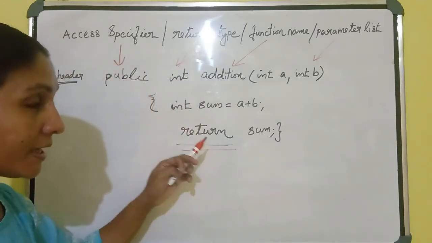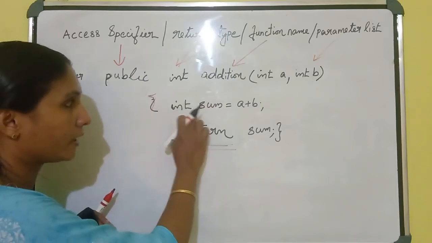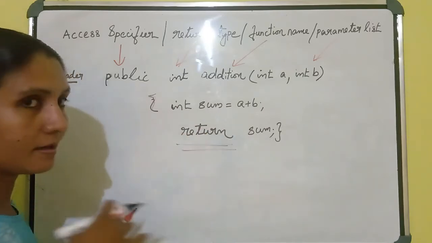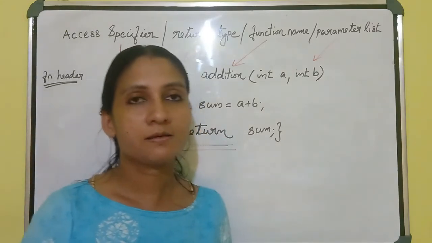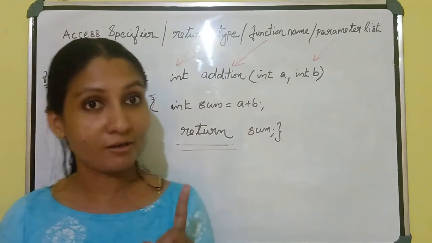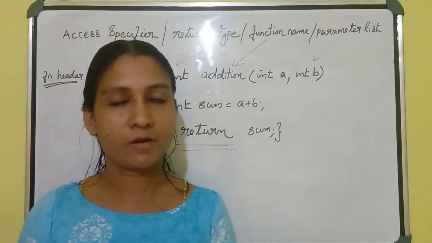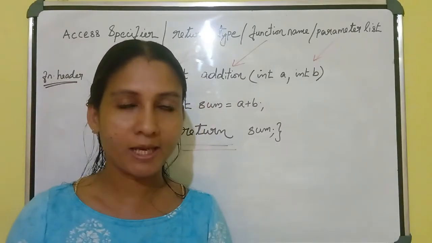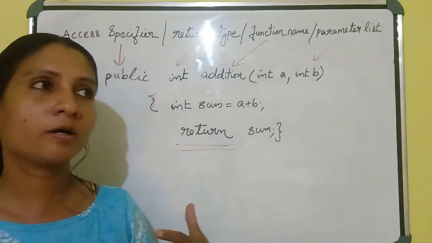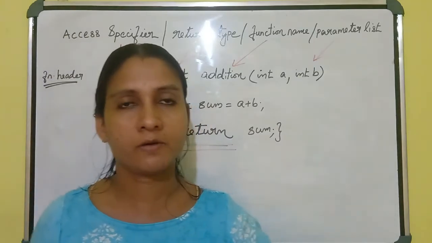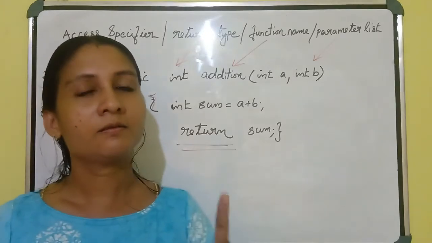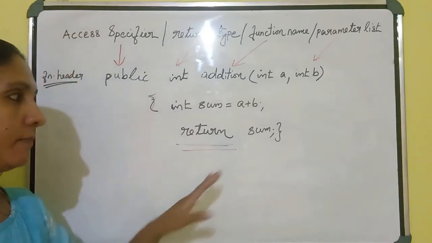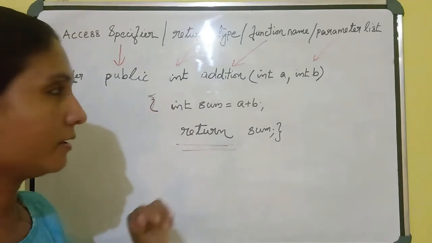Okay, if you are using a return keyword and giving a float data type, you have to write float here. Whichever value you are giving as a return value, please remember that we can return only one value at a time, and if you are giving more return keywords, it will take the first one only. For different outcomes we can give different return keywords, but for one purpose we give only one return statement, and it will take the first only, and here we are giving only one return keyword.